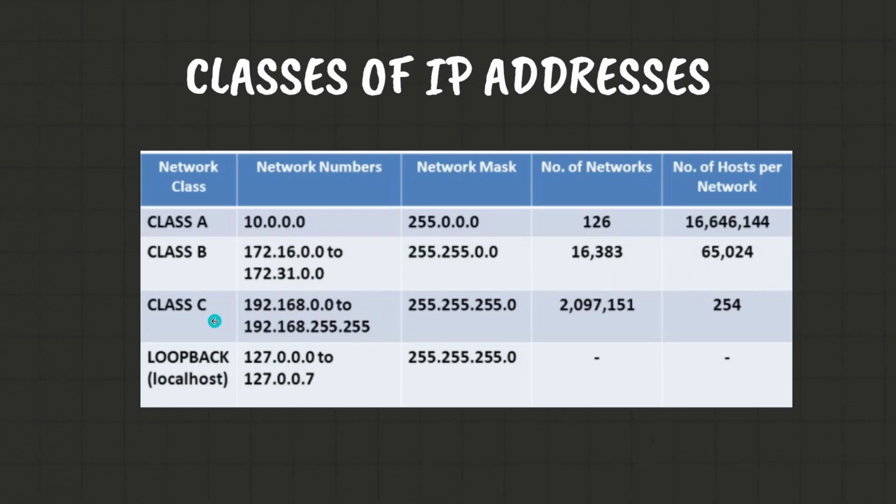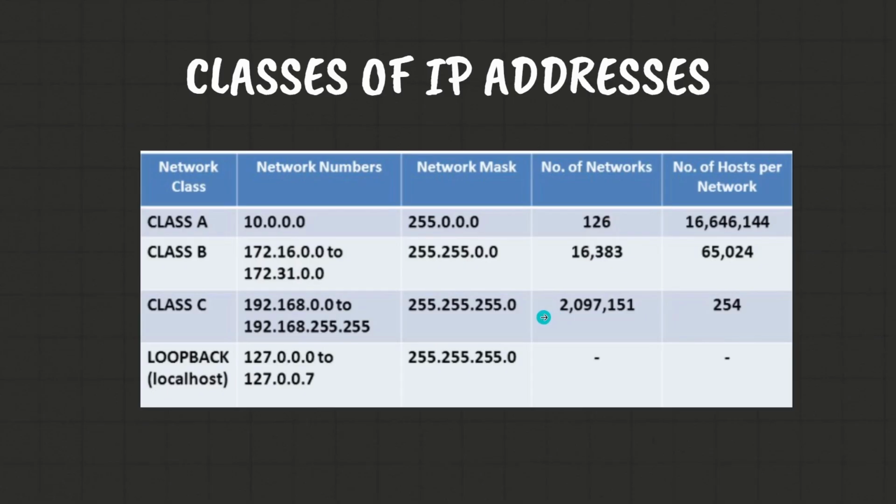At last we have class C. This is one of the most common types. We have already seen it while checking our private IP addresses. Let's start off with 192.168.0.0 and the subnet mask of 255.255.255.0, and it can hold up to 2,097,151 networks. However, the number of hosts it can have is 254, which is ideal for a small organization